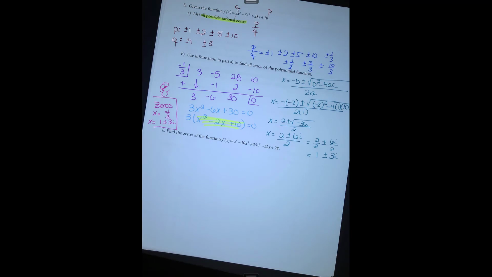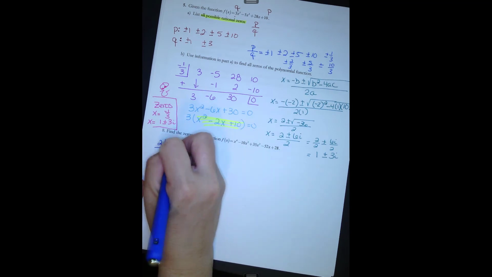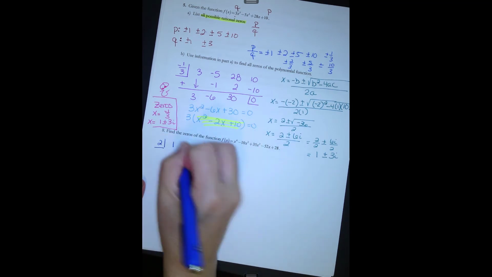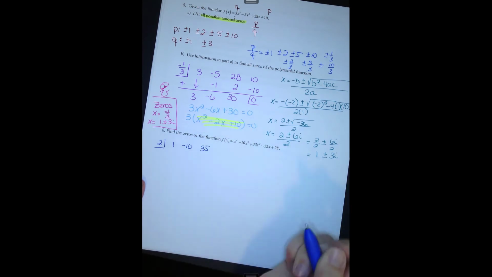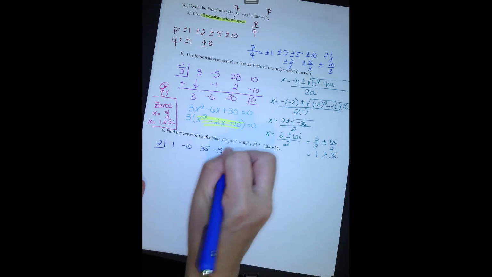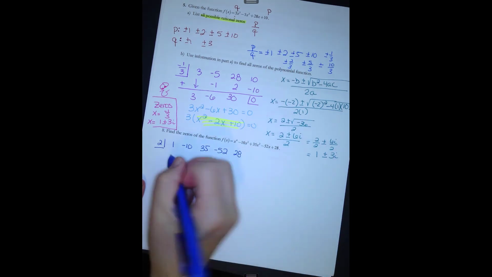So we're going to go ahead and put 2 in our backwards L, and we're going to go with our synthetic division of 1, -10, 35, -52, and 28,